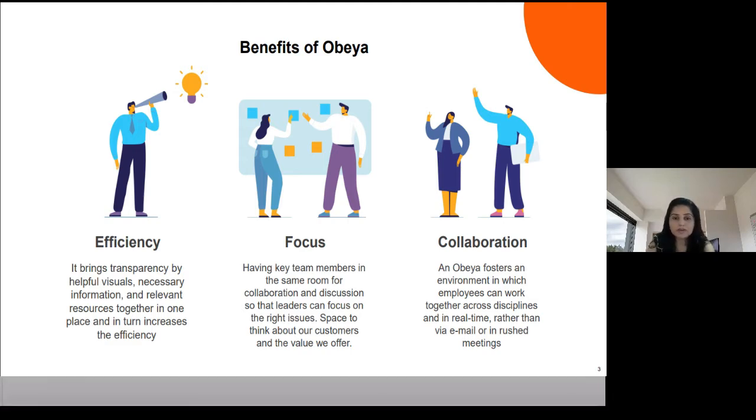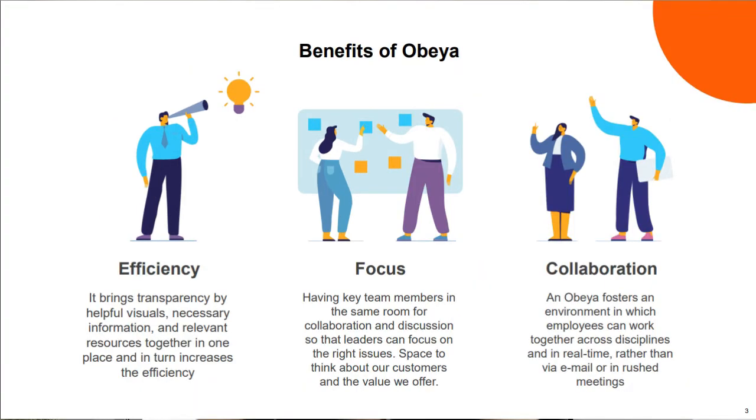Focus, because when everything is in one room, we can collaborate, we can discuss, we can have all the points in the same room, and we can quickly focus on the right problems and issues. You can even invite a customer and show the whole journey map and everything in that room. Then collaboration, definitely: when all the product owners, all the scrum masters, all the leadership and all the stakeholders are in one room checking all the artifacts, that will increase collaboration. But you can ask why can't we do it in any other room?